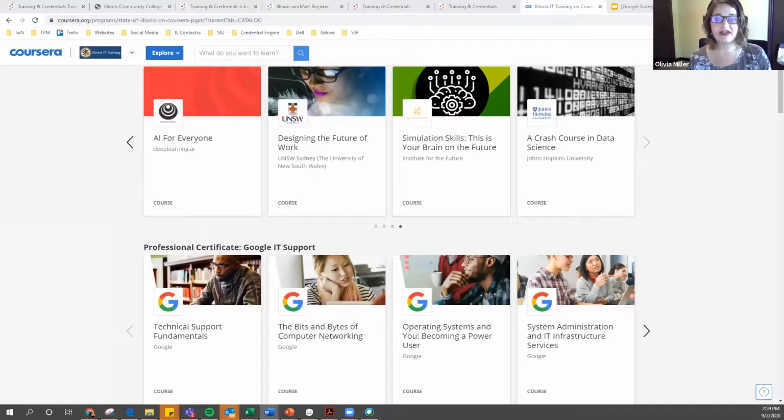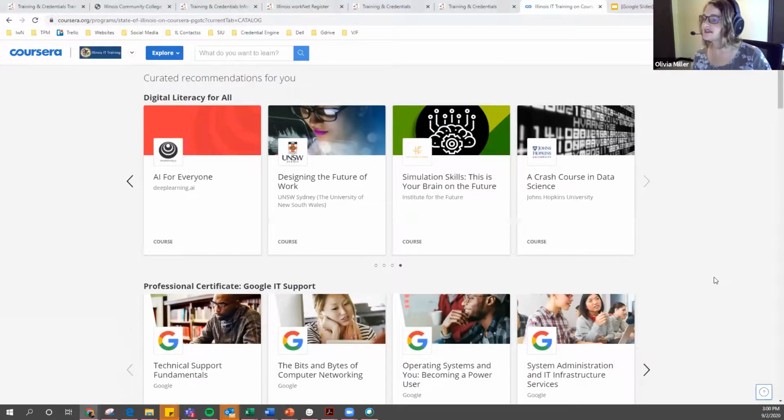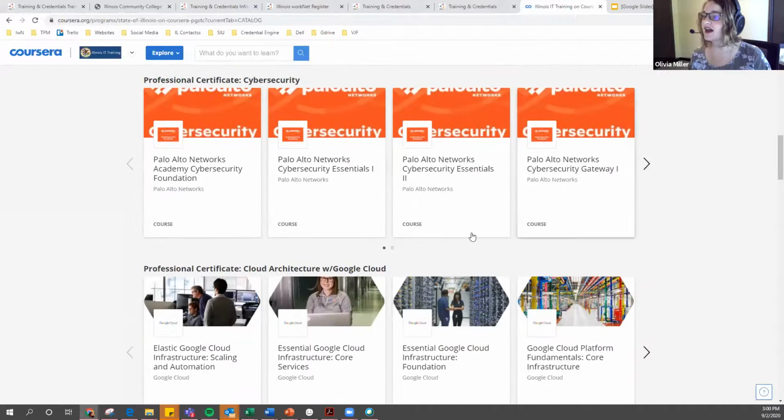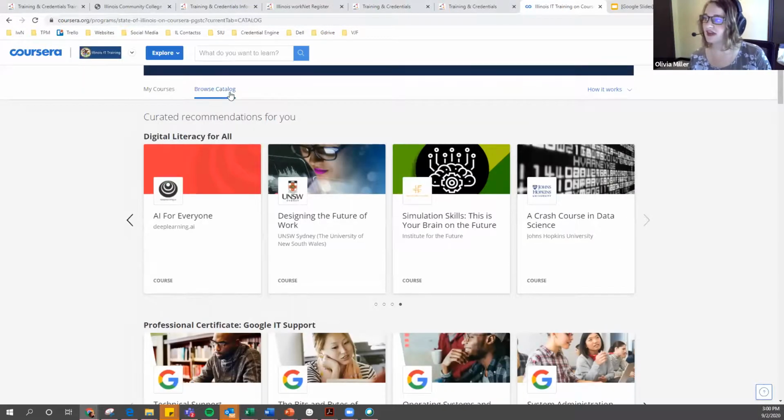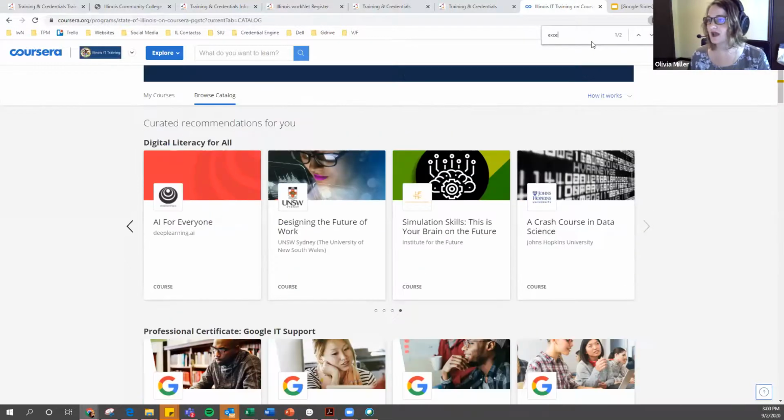And then we had another question come in. Is there a way to search the course list? One of the things I would recommend doing is, as you're viewing these, the browse catalogs for the Illinois IT courses does not have search features up at the top, but if you click Control F on your computer, you can have the find bar, so you can start typing in keywords for things you might be looking for.